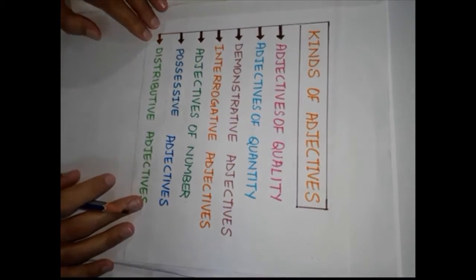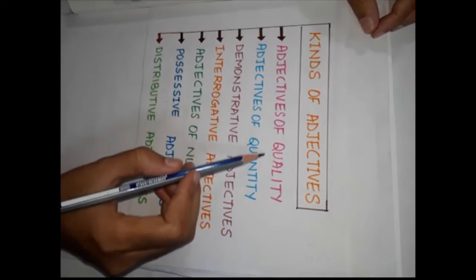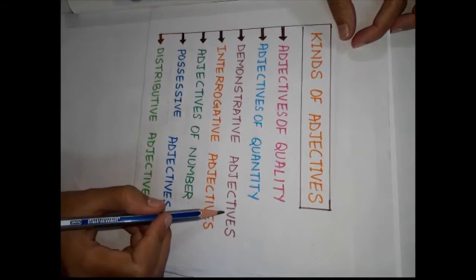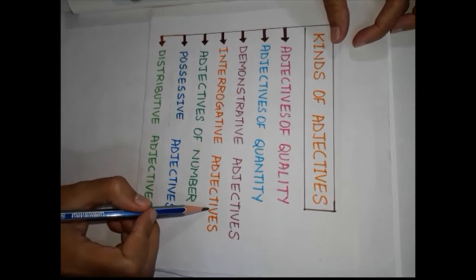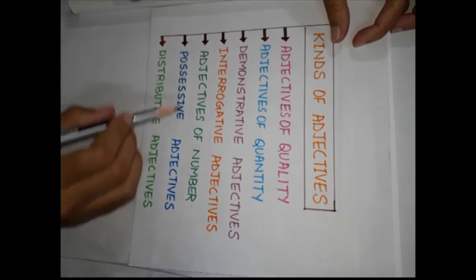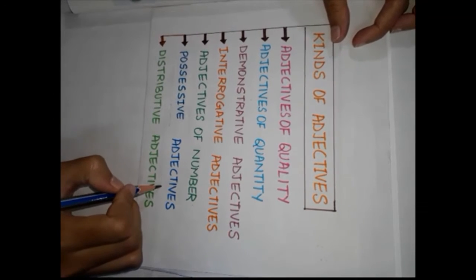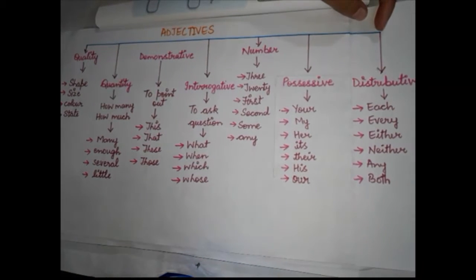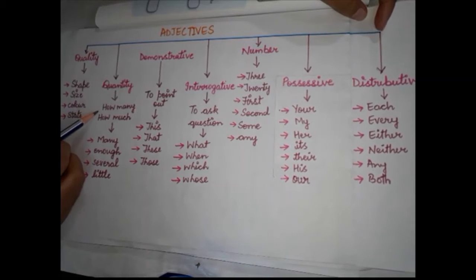So let's have a look at the kinds of adjectives. Adjectives of quality, adjectives of quantity, demonstrative adjectives, interrogative adjectives, adjectives of number, possessive adjectives and distributive adjectives. So here we have the types of adjectives. Adjective of quality refers to the shape, size, color and state of a noun or a pronoun. Adjective of quantity shows how much or how many, and the words used for this are many, enough, several and